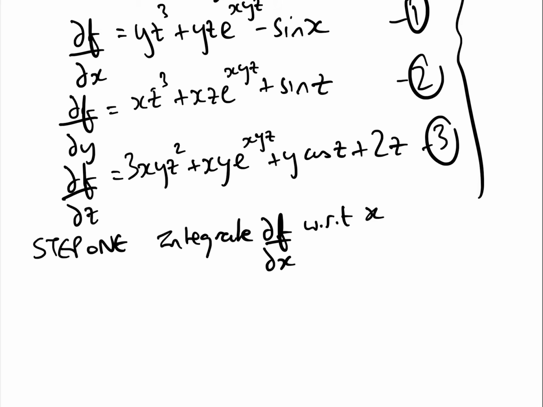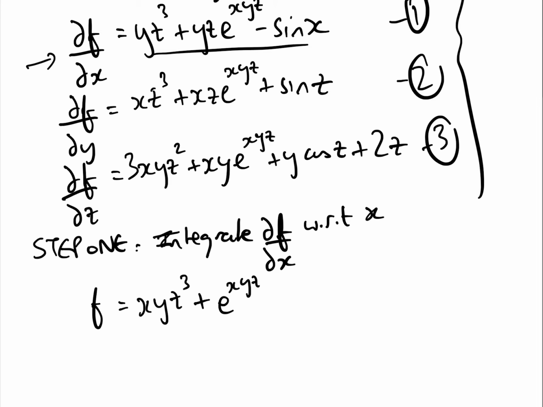All I'm doing is integrating this, so that gives us that F equals xyz cubed, add, integrating this with respect to x, e to the xyz, add cos x, add,